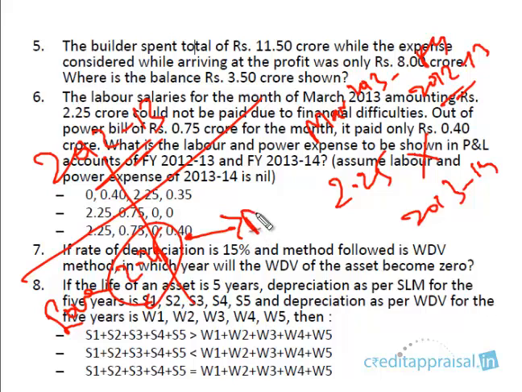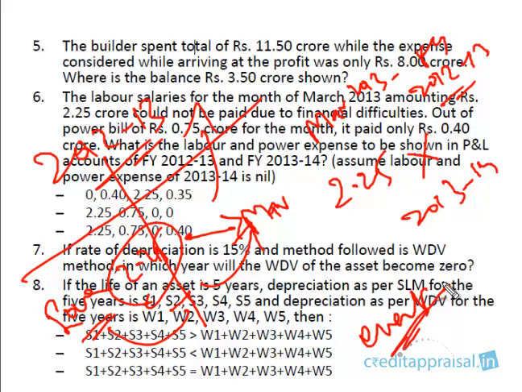So using the power, the company has run some machinery and produced certain goods and sold, right? So the event, everything is happening in March. When the event is happening in March, we are considering only the event. So when was the power consumed? The power was consumed in March 2013, that is financial year 12-13. So show it as an expense in the P&L account of 12-13 only, even though the company did not pay